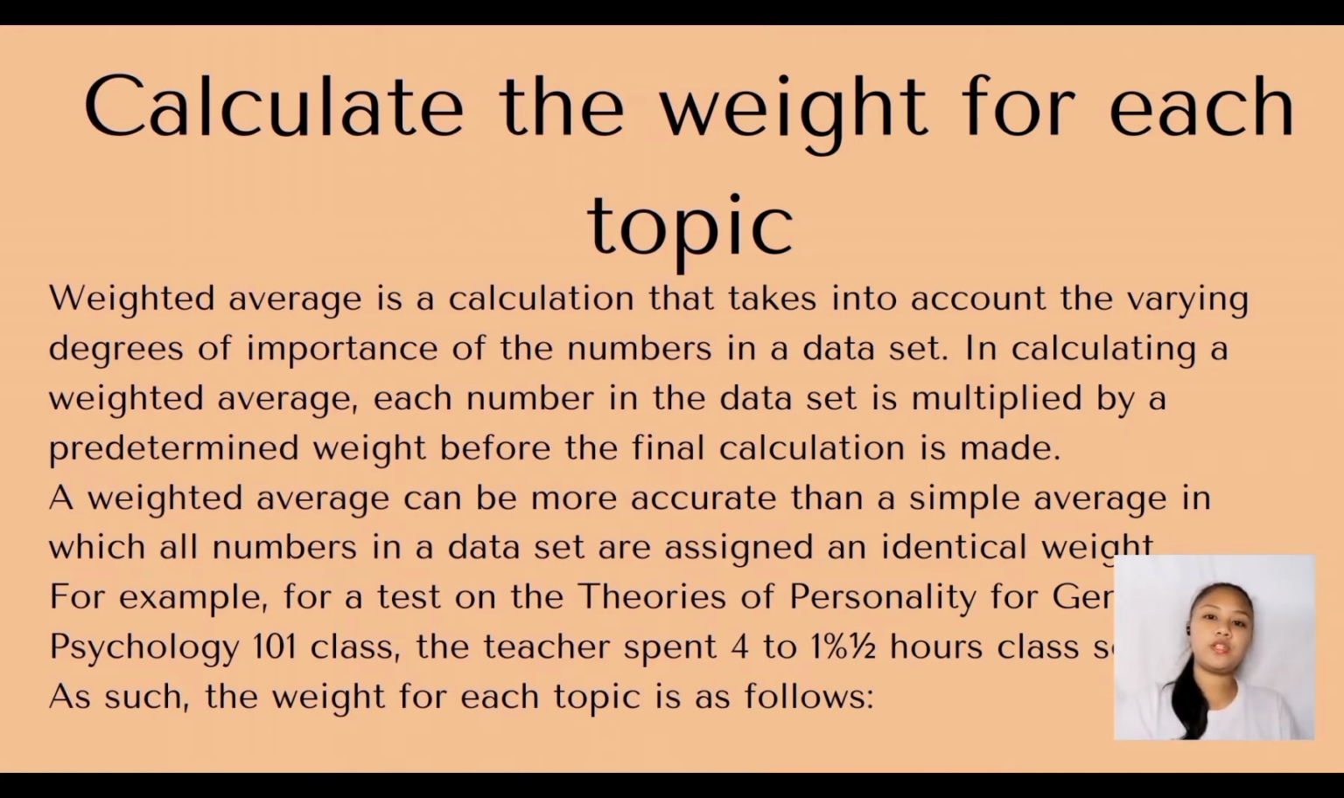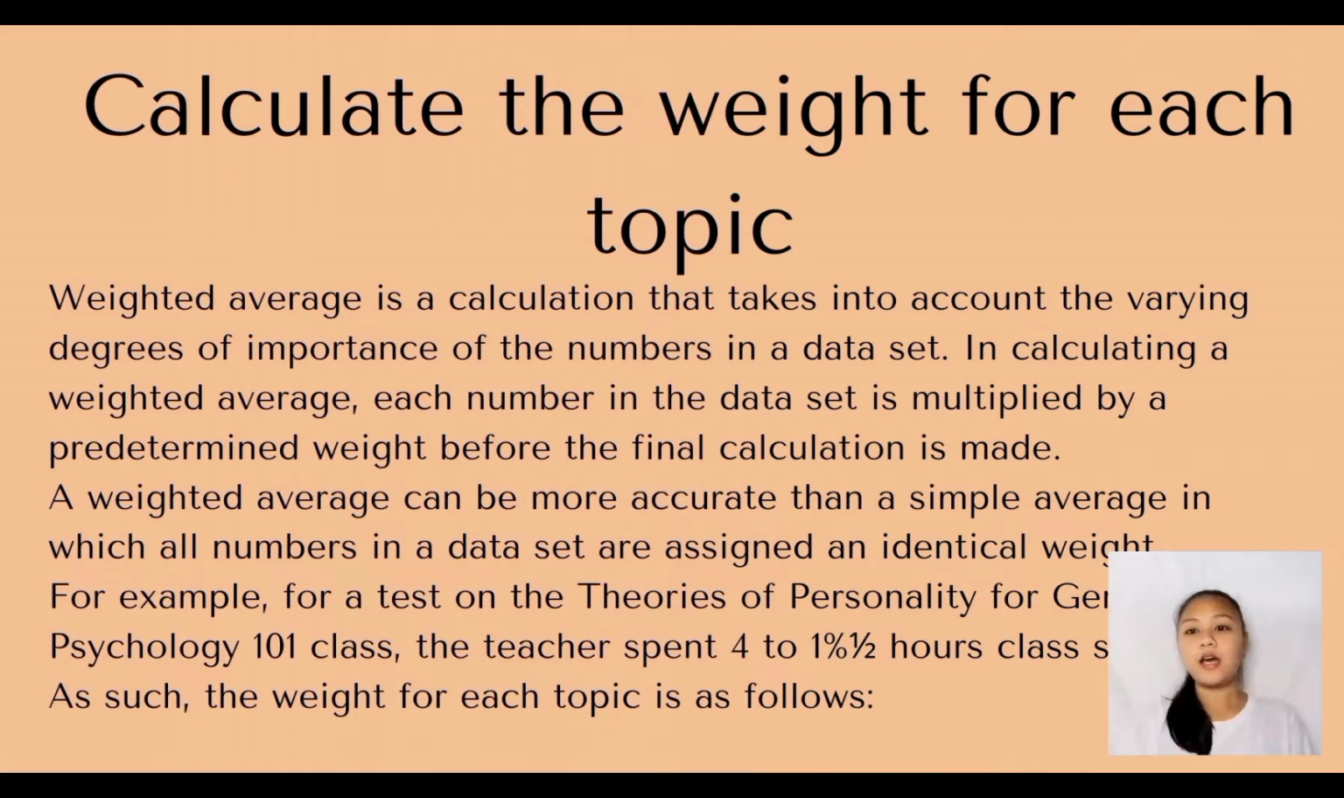Calculate the weight of each topic. Weighted average is a calculation that takes into account the varying degrees of importance of the numbers in a dataset. In calculating the weighted average, each number in the dataset is multiplied by a predetermined weight before the final calculation is made. A weighted average can be more accurate than a simple average in which all numbers in the dataset are assigned an